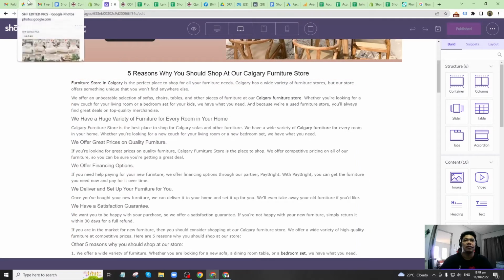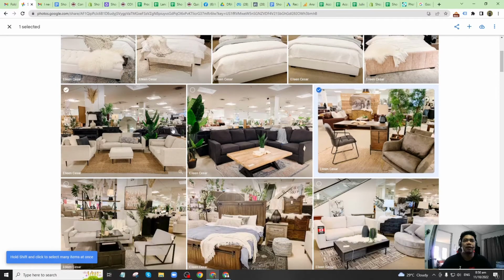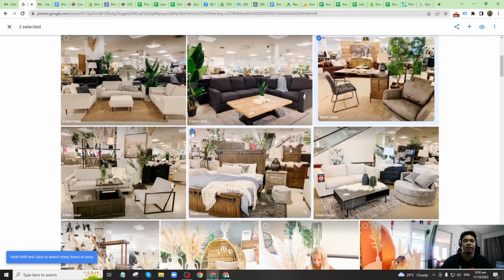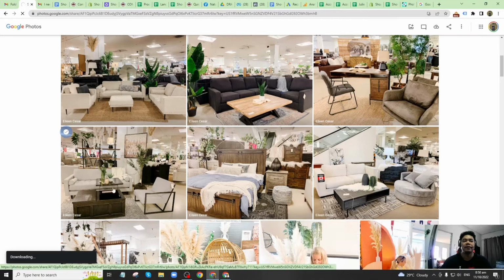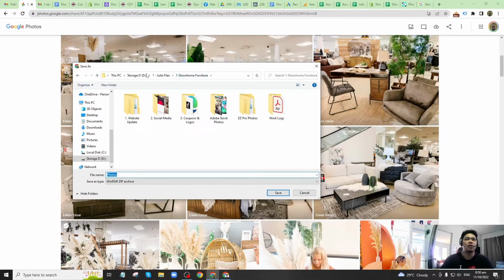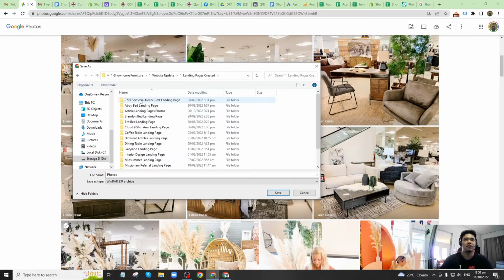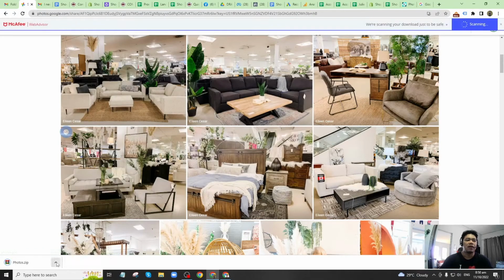so I'll just download some photos as an example, and then download, just press Shift D. It's now downloading. Save it where you want to save all of the photos for Shogun Furniture. After saving,